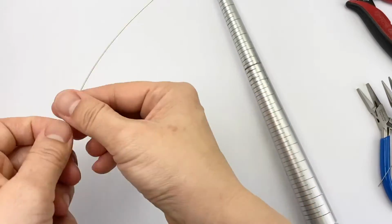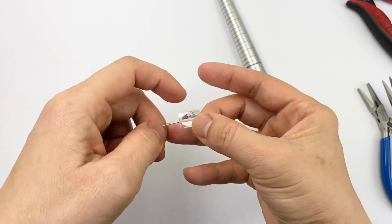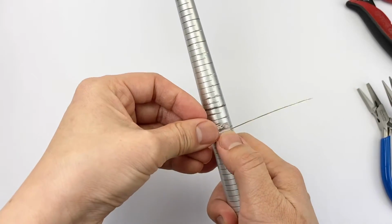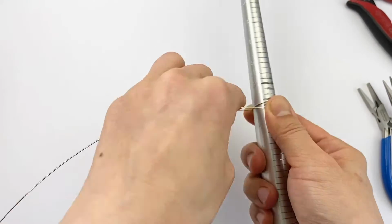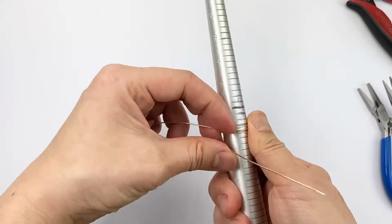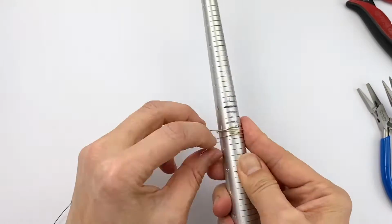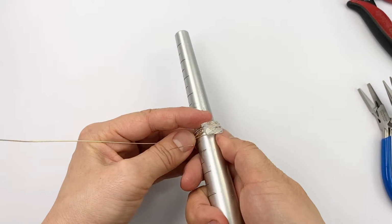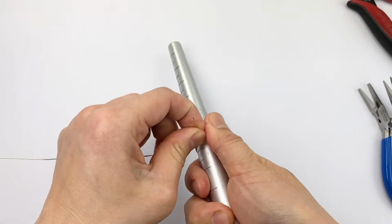Once you have decided on the size of ring and the length of wire you need, use a ring sizer or marker or tool of the same size and wrap half of the number of loops you intend with one end of the wire and leave about 1.5 inches of excess. Then you hold down the stone over the ring sizer and with the other side of the wire, wrap the